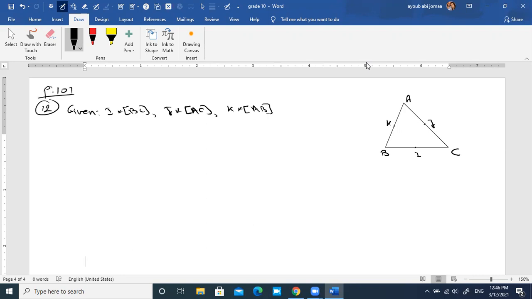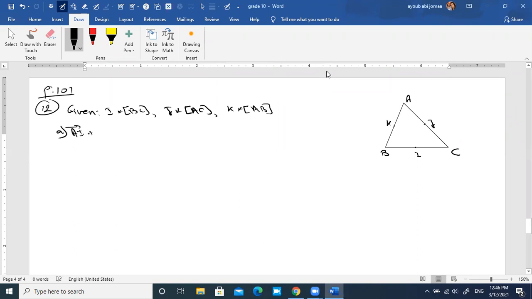Part A. Without using the property of the centroid in a triangle, we have to prove that